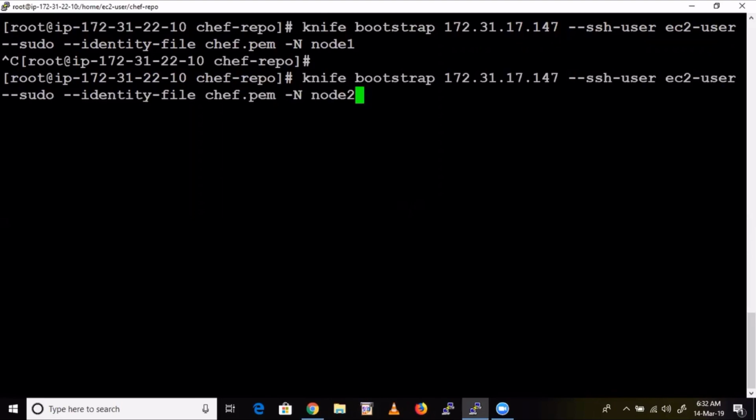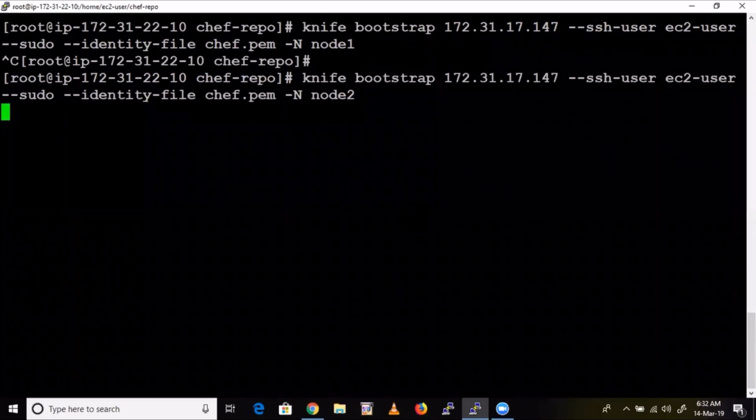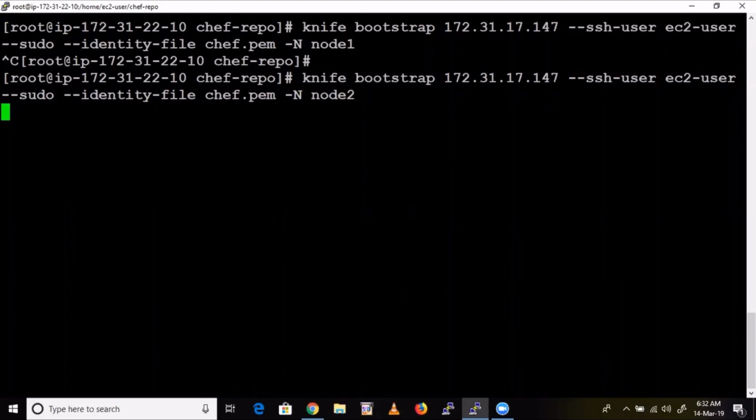Let's take node2. Enter. The IP we need to change. Yeah, the IP we have already changed, 147, right? The second node's IP.